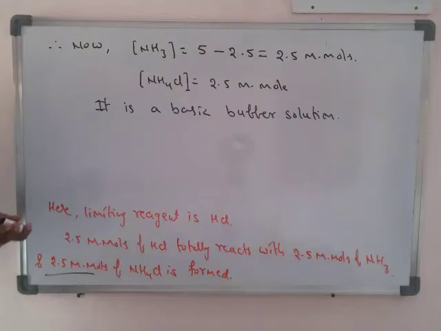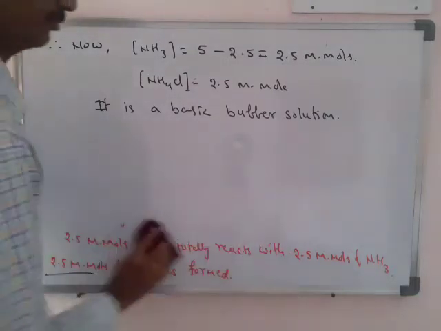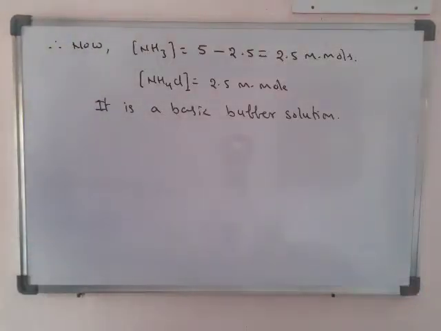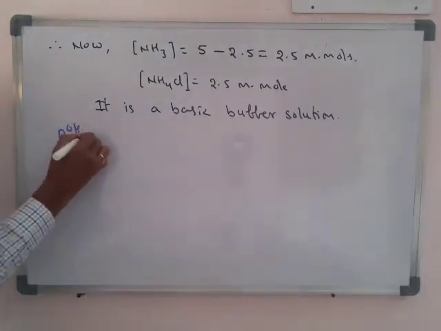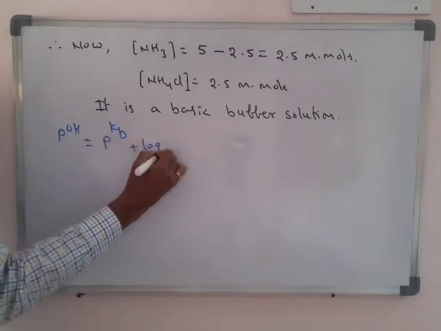It is a basic buffer solution. As it is a basic buffer solution, and we know the concentrations, so we can find the pH. As it is a base, we have to calculate pOH first,